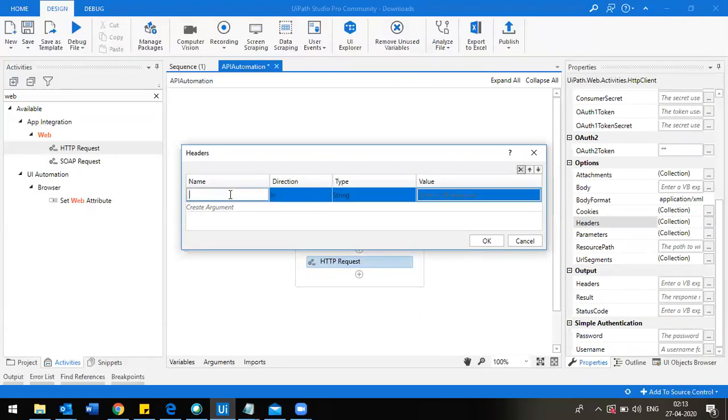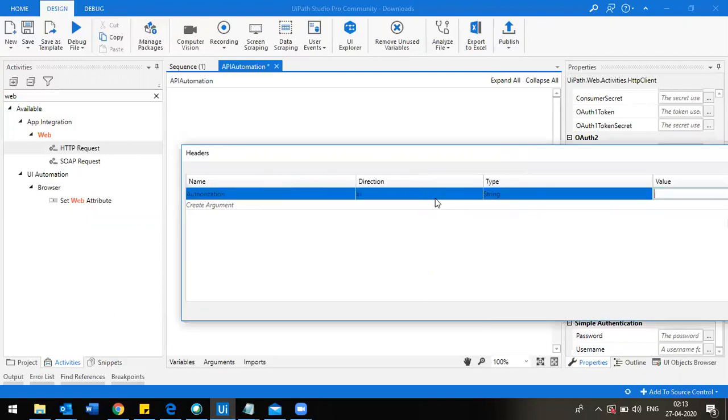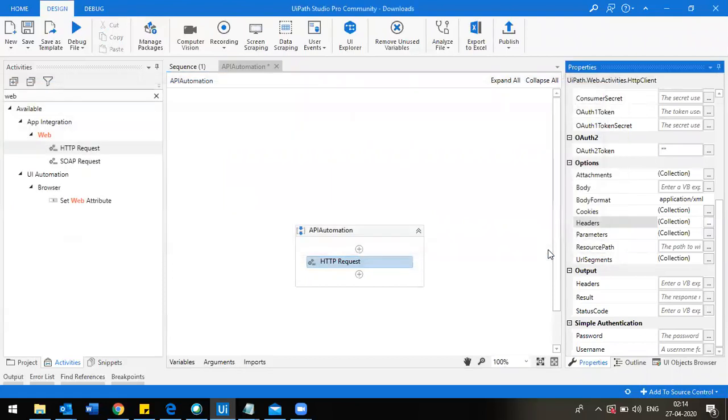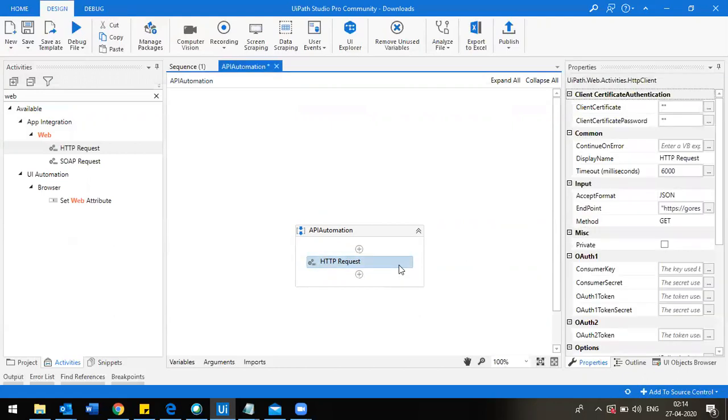Click on argument. You have to give the parameter as authorization, and the direction is always in. And here you have to give the value in double quotes.